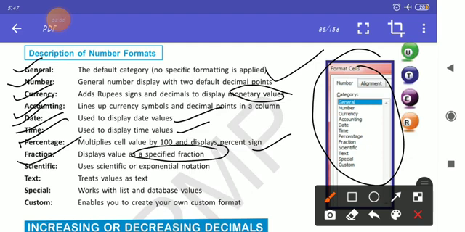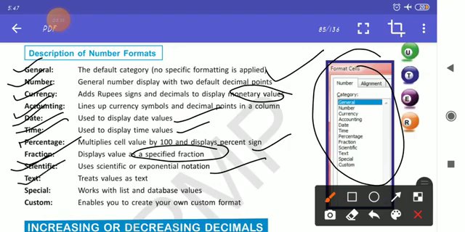Whatever value will be there, it will change it into a fraction and display. Scientific: use scientific or exponential notation. Exponent sign will be used with your value or number given in the cell.